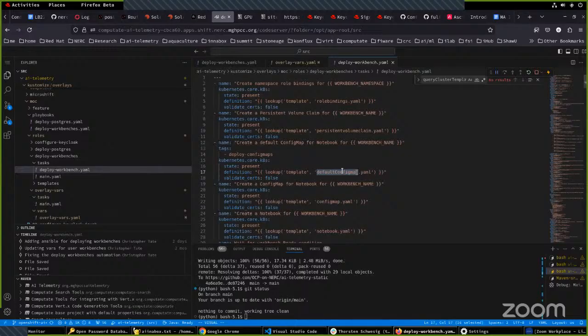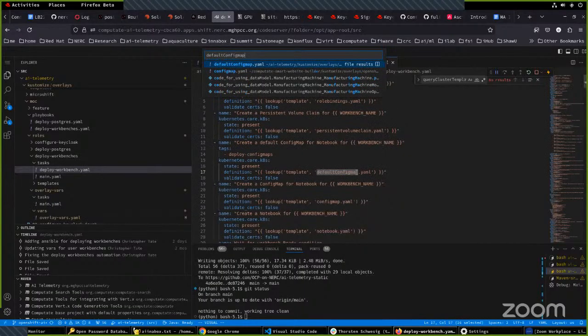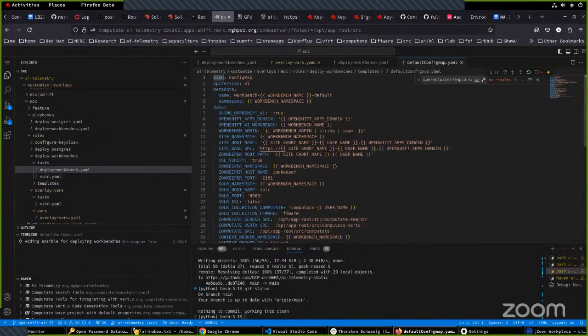I might need to take a look at default config map for AI telemetry and see